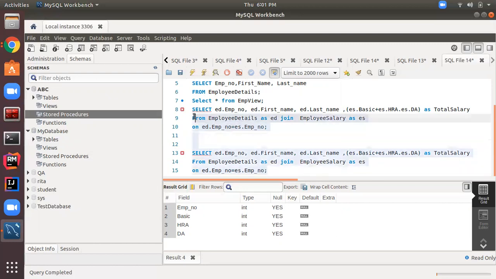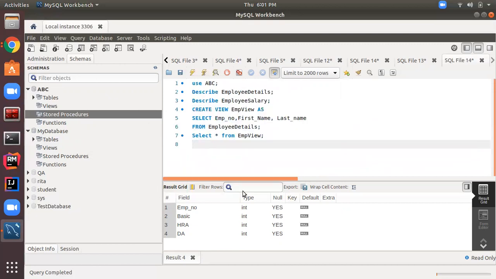Okay, let us write this query again. As it's showing here, let me write it using select star from employee details, which we call ed. Then let's make a simple join on employee salary, as es, with the ON clause where we provide the condition.